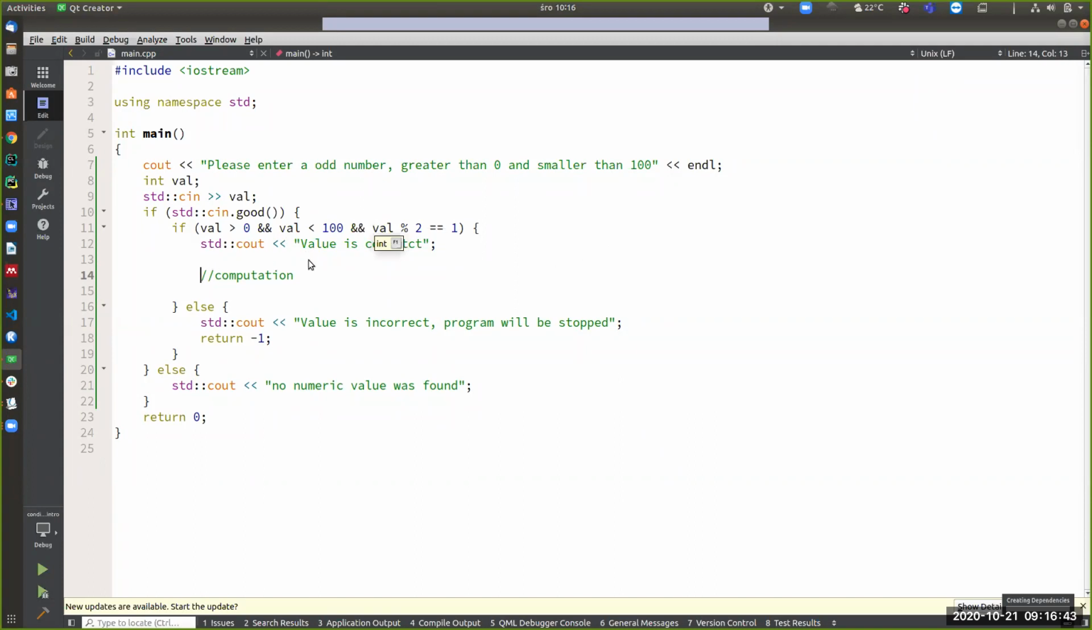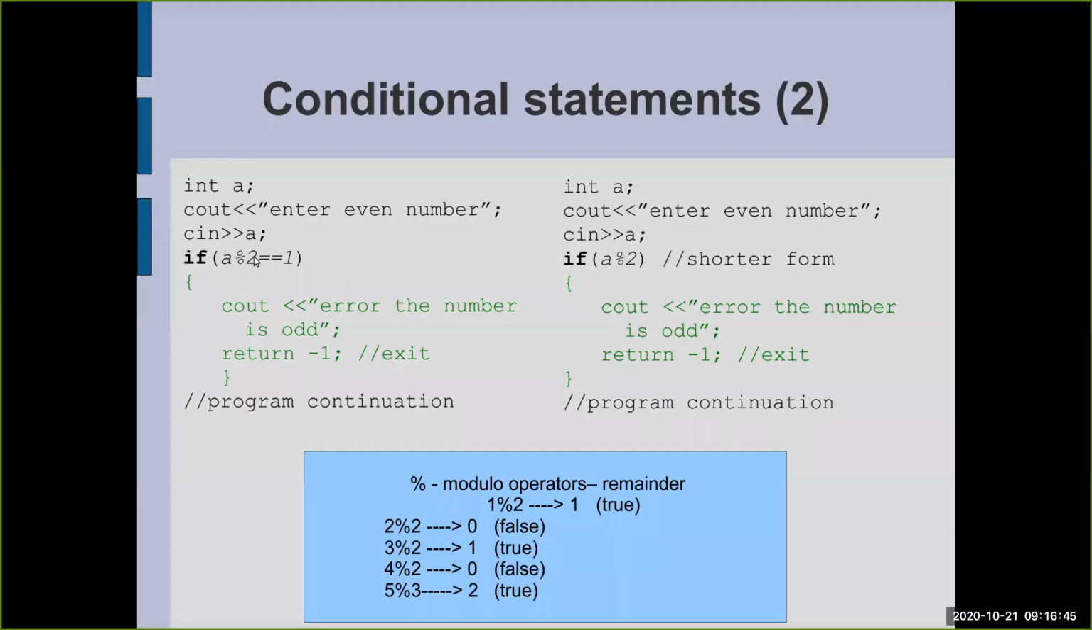Look, but this condition, so a modulo 2 equal to 1, can be written in a simpler form. So it's enough to write a modulo 2. Why? Because 1 denotes